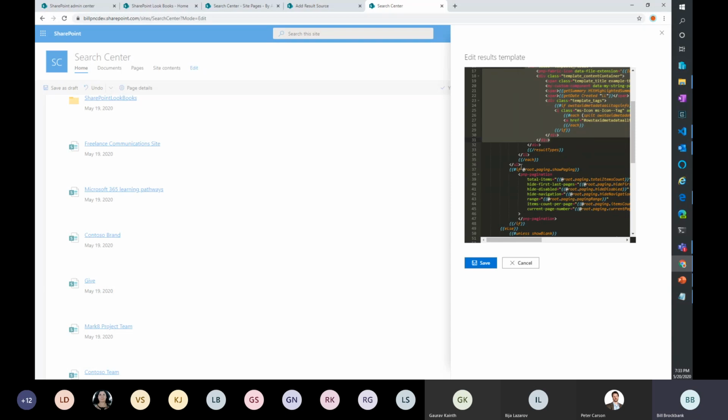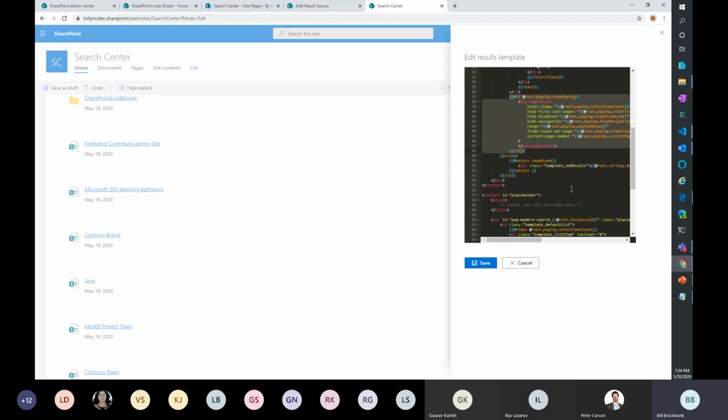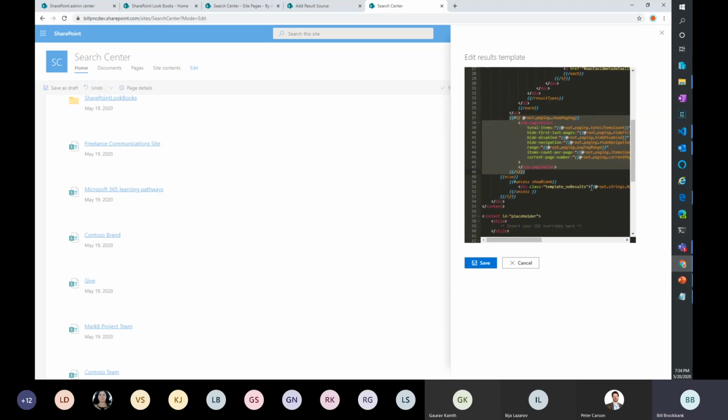Okay. Down here, we're doing some of the pagination. So we turn all the pagination off, none of it shows up. If I took this piece of code out of this one, it would not show up. And it's doing an if condition. So you have the if capabilities in your code to turn things on and off based on values you find. And this is the blanking. So I think the else on this one: if it has results, do this. If it doesn't have results, treat it as a blank output.